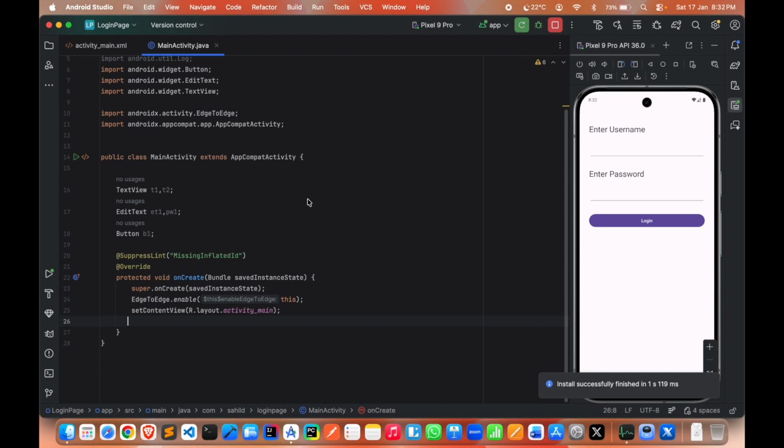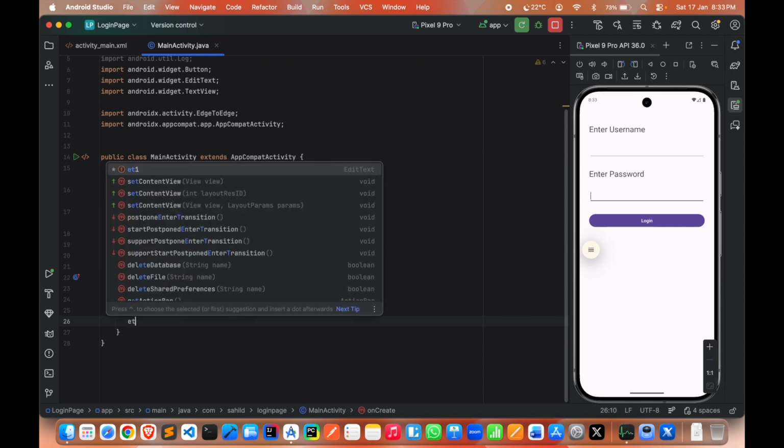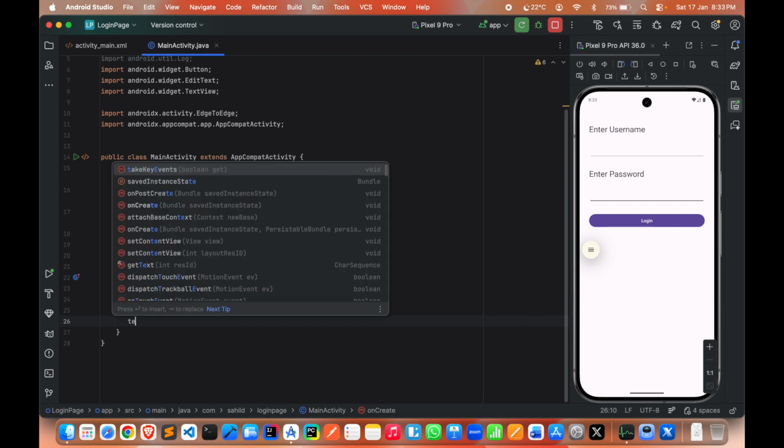Okay, so now we have declared the text view, edit text and button. We have two text views, enter username and enter password, two edit texts that we can edit, and one button. We don't want to change the value of the edit text or the text view, so we are not using them now. We want to get the value from the